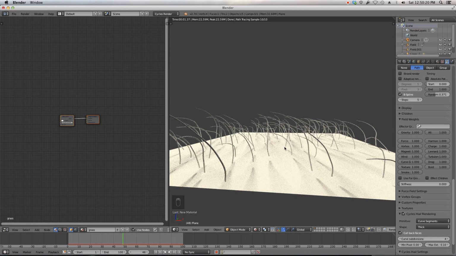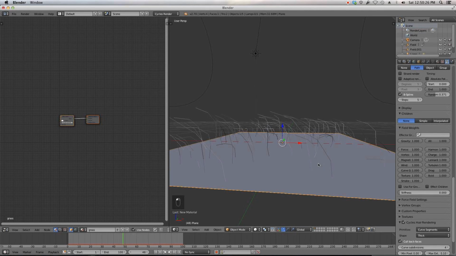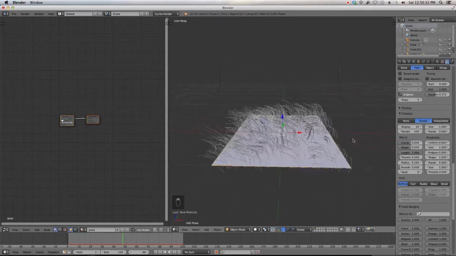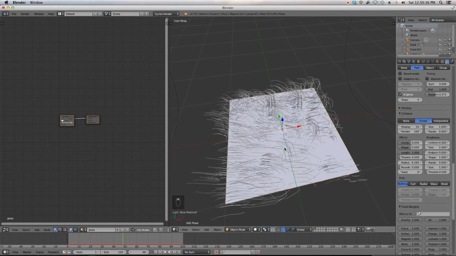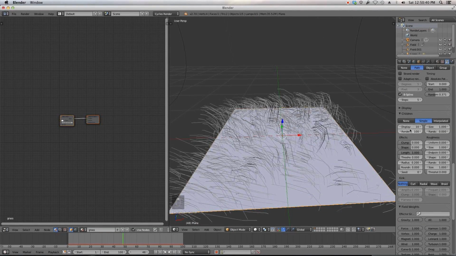We'll go with that for the moment, I guess. Now, one other thing we're going to do is enable children. This is how we get a much fuller looking field of grass. So on children, select simple, and you can see that we get a whole bunch more blades, and these blades are basically added to every individual blade. You get another 10, or actually 100 if you render it, but I'm going to change this to just 35